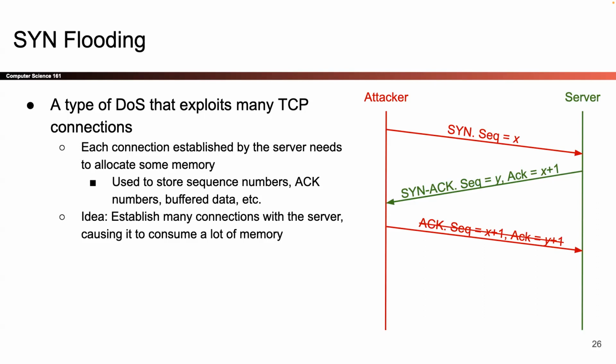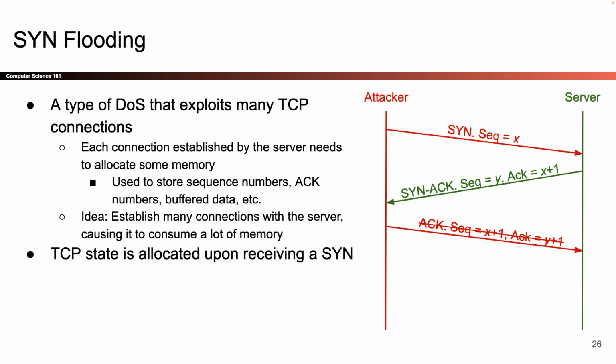But this seems kind of symmetric because for every connection that the server remembers, you're like, wait a minute, doesn't the attacker also have to start up that connection? So if you want to make the server remember 1,000,000 TCP connections, doesn't the attacker also have to start 1,000,000 connections? Isn't that really expensive for the attacker too? Like, where's the asymmetry? So here's where the attacker is going to make this attack possible and more practical by